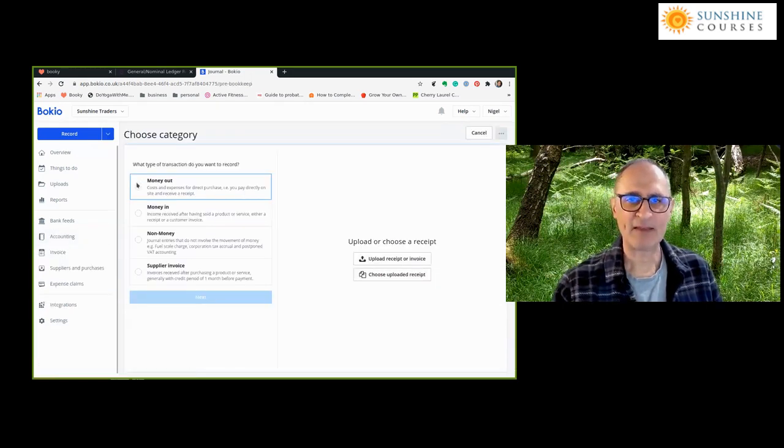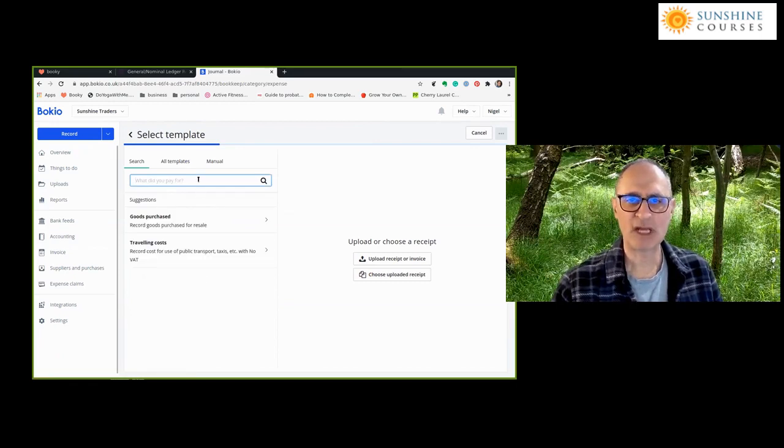And then it gives me the option of, do I want to record a payment out, money in, or non-money? Non-money relates to a journal which doesn't necessarily reflect cash coming in or out. So for example, if you're moving purchases into stock, you would use a non-money. But if I click on money out,